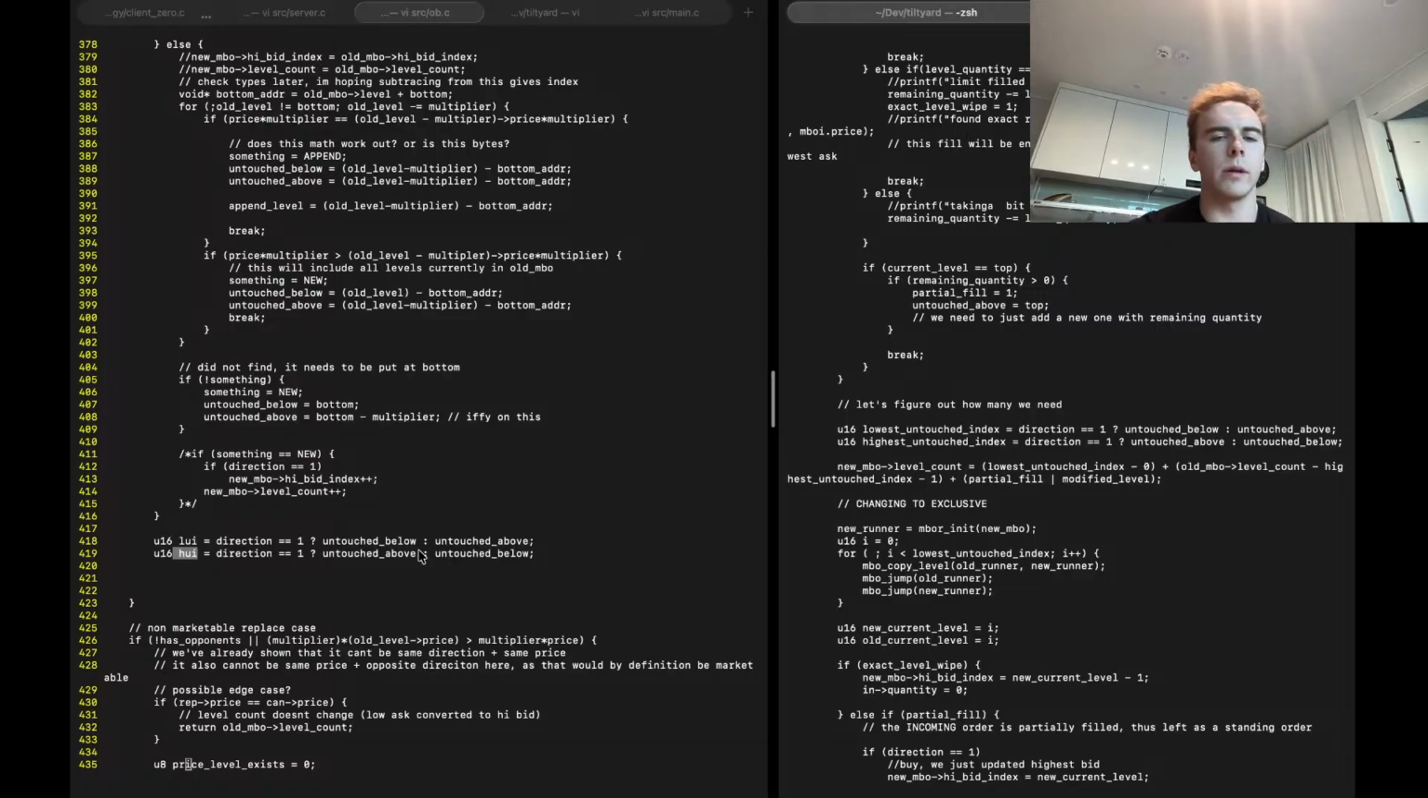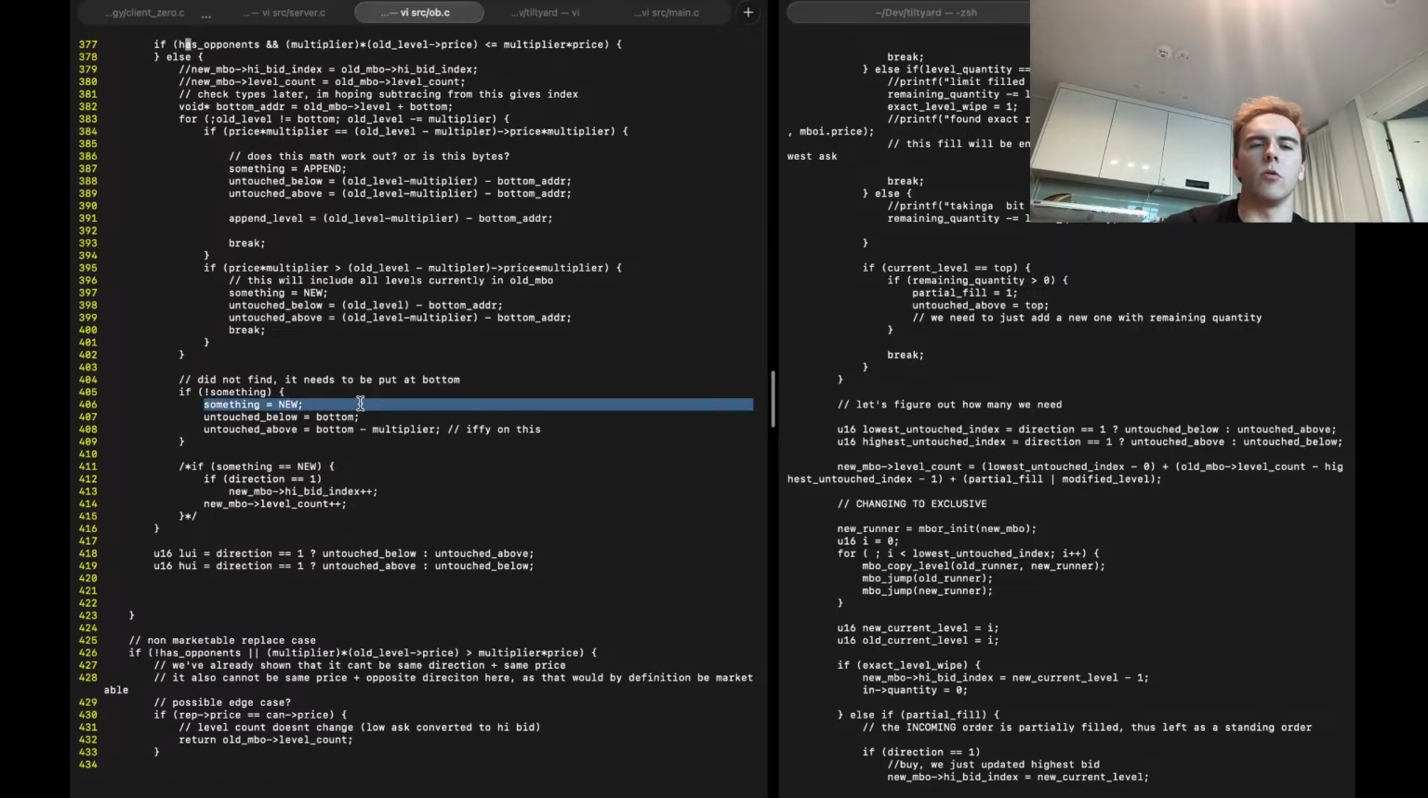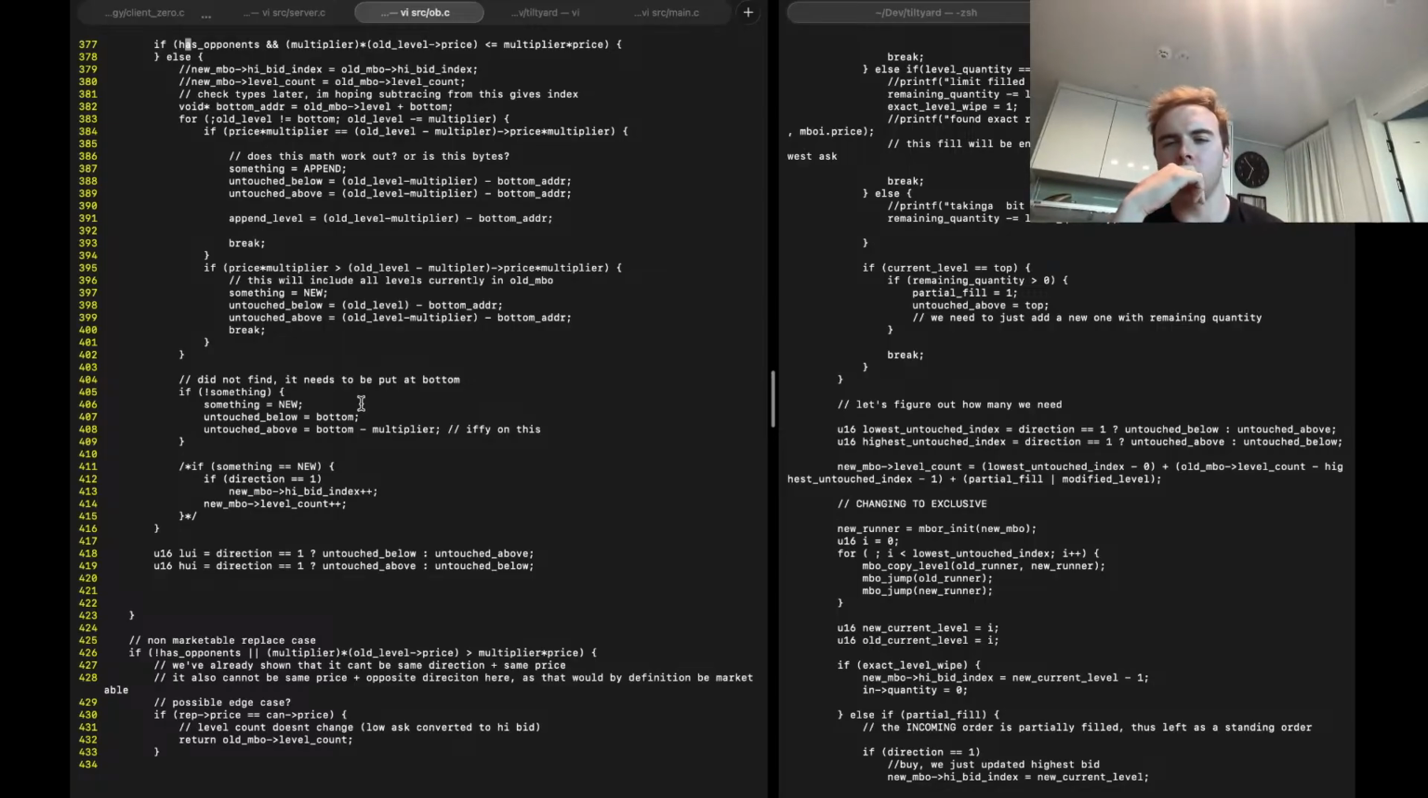If the cancel lands in this, then it's fine. If the cancel lands in this, then it's fine. If it lands on the same, if it lands on that like an append, it can't land in a new. Could it? Could it land in a new? If it landed in a new,